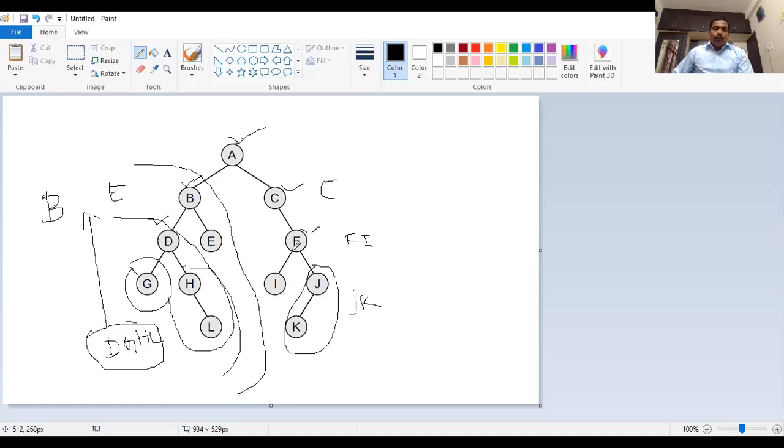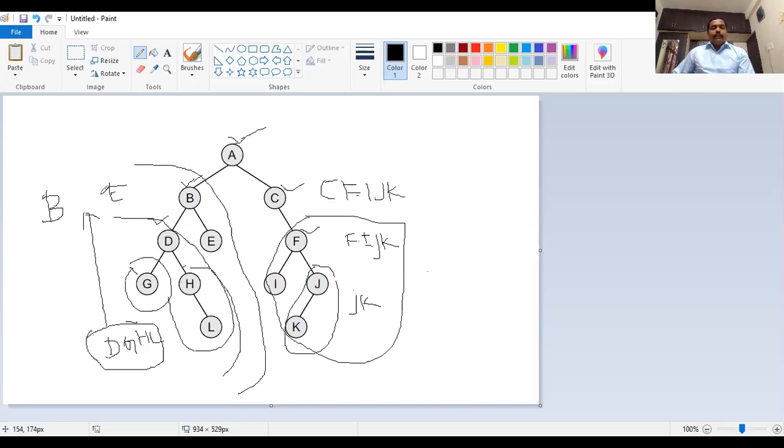So now root node F, we visited left side I, then right side JK. So what is the output of this portion? This entire portion, so we know that this is the output of this portion. Now we know that this is the root node. So C is there. Left node, there is no left child, then right side only is there. Then we know that this is the right side values CF, I, J and K. So this is the right child.